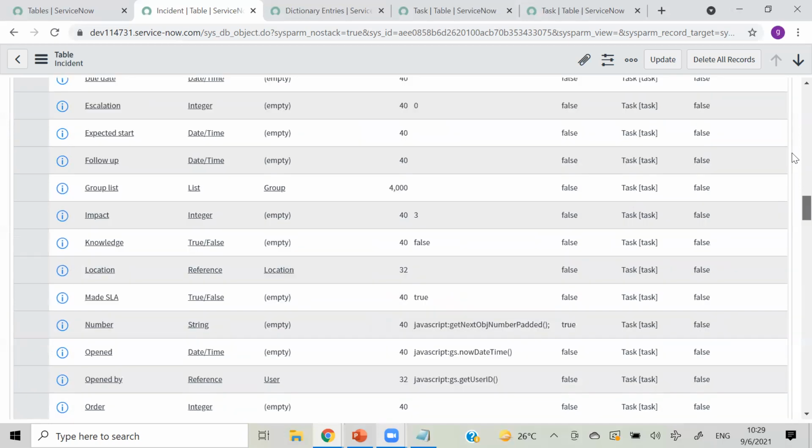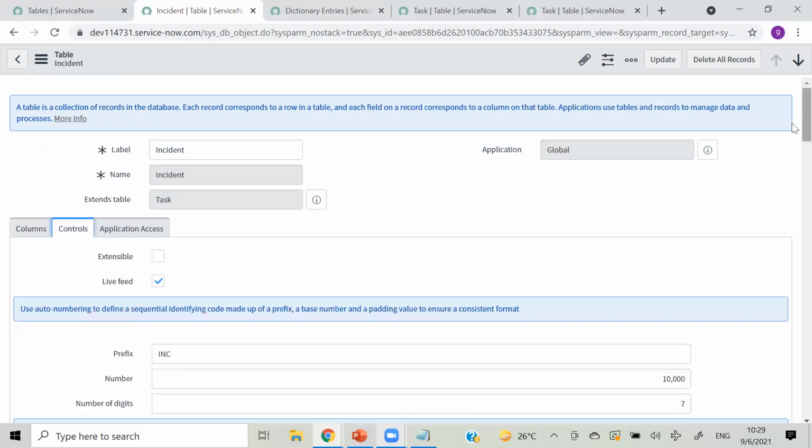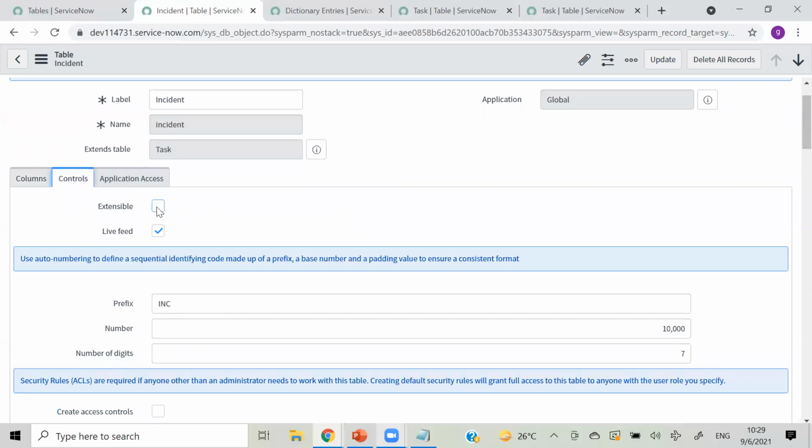And then we have this controls section. Then we have the option Extensible. If you have a tick mark on this, only then can your table be extended. In the case of incident it is not ticked, so there is no option to extend incident.